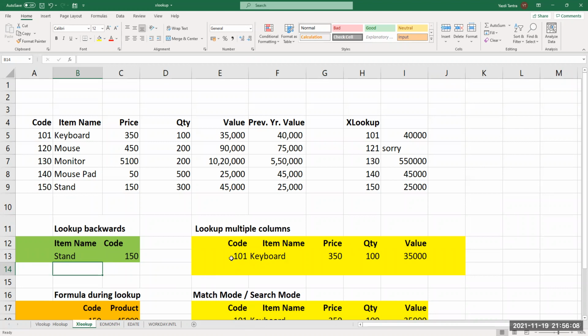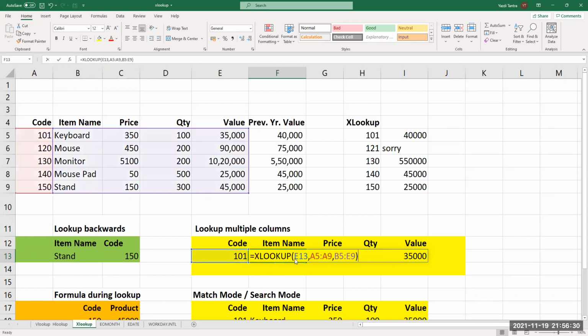Now see how this is structured. You have this code and you have so many things which are linked to this code, right? I'll just remove this formula for the time being. Okay, let's go to this formula. What I have said here is look up this code E13 from A5 to A9 and return B5 to E9.